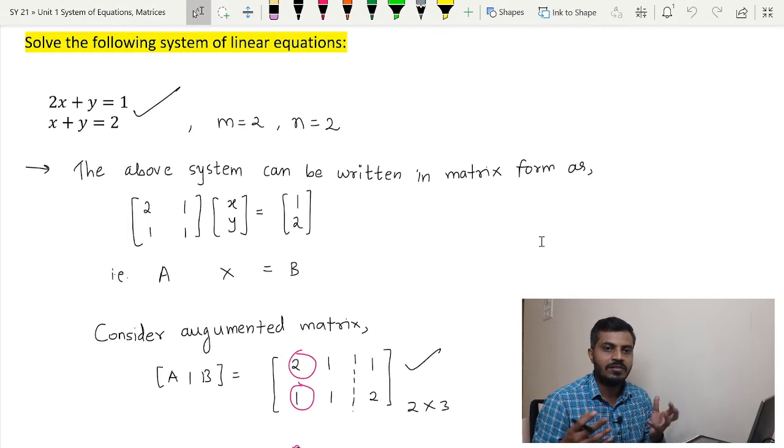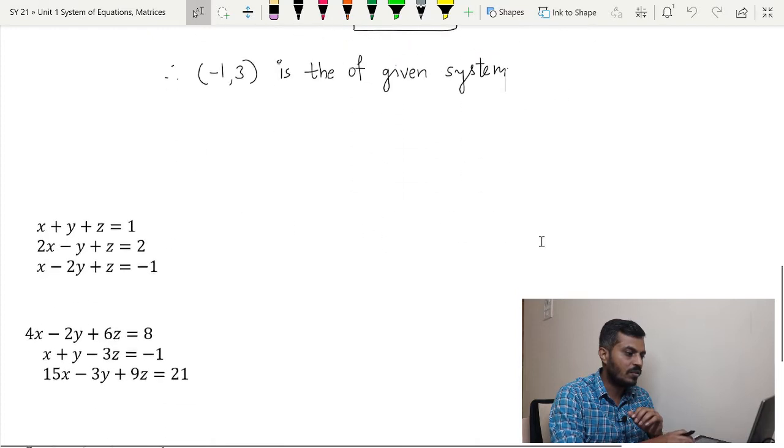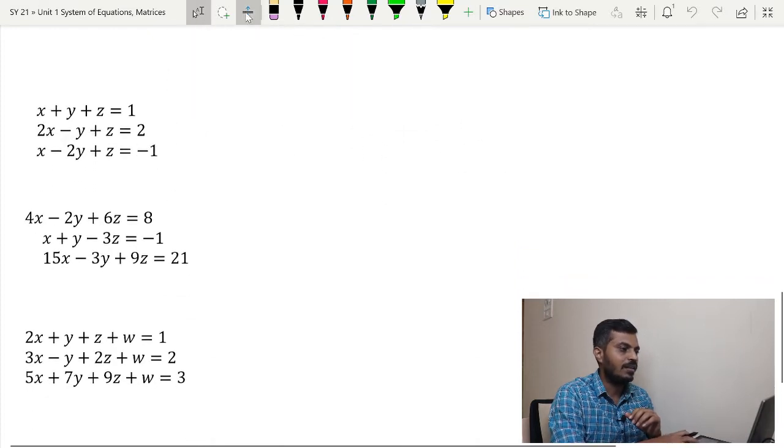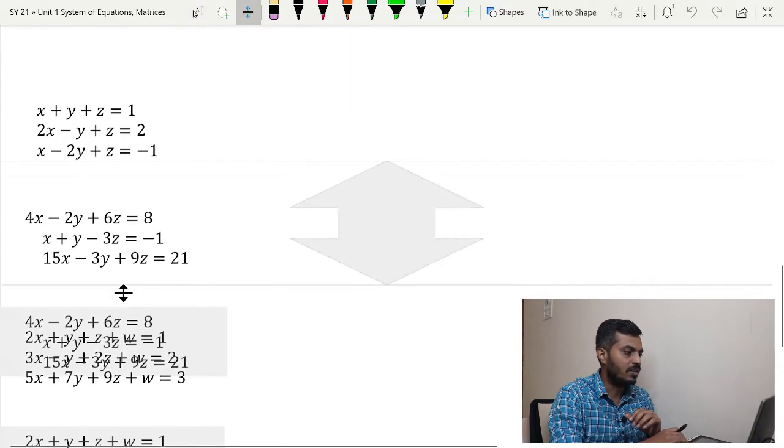As the number of equations and number of unknowns increases, the algebraic method becomes really difficult, which we have already observed in the case where the number of unknowns is 3 and the number of equations is 3, that is, m is equal to n is equal to 3. In that case, we have observed that it becomes a little bit difficult, but the process for that will be the same. Now, we are going to solve the same example by using the Gauss elimination method.